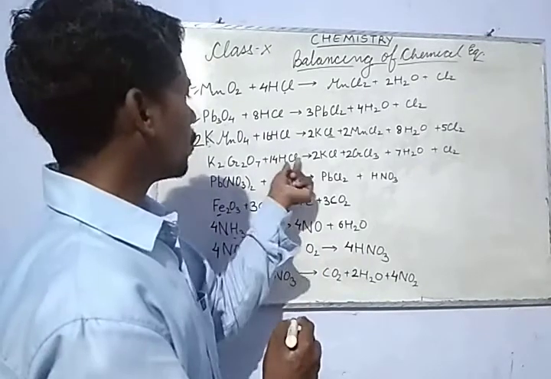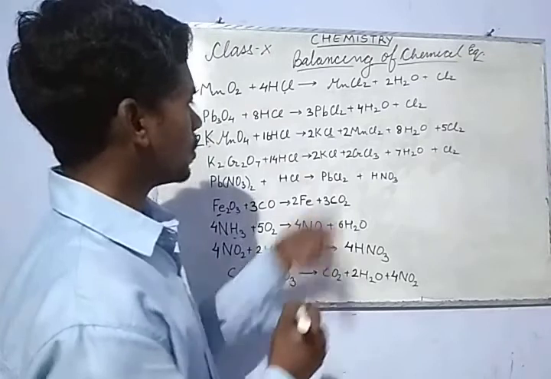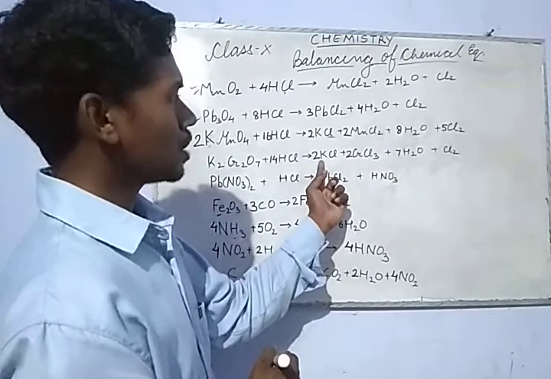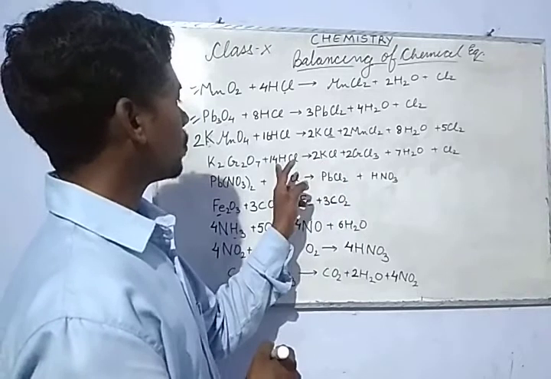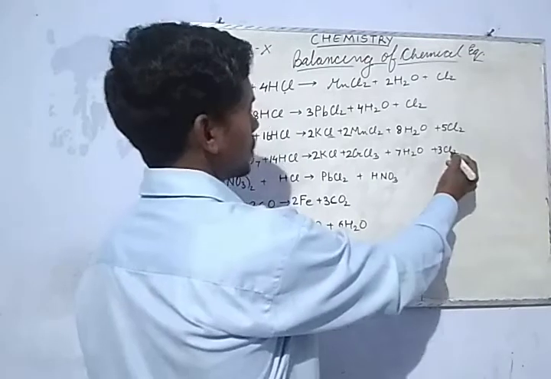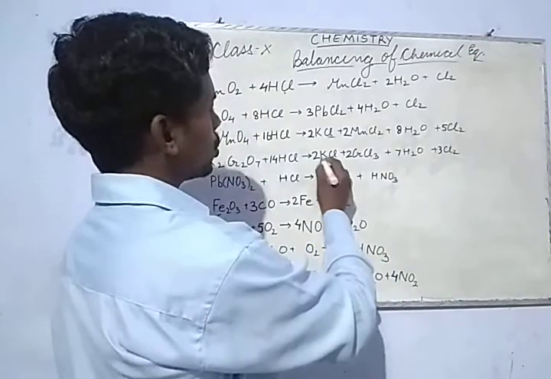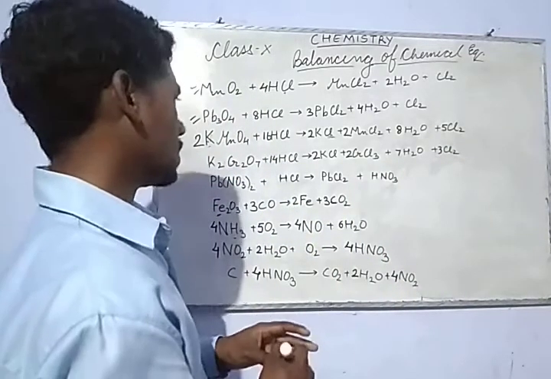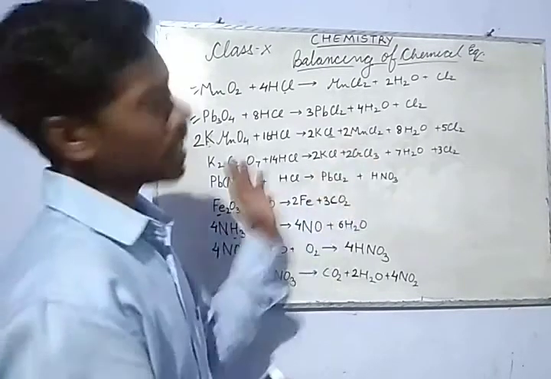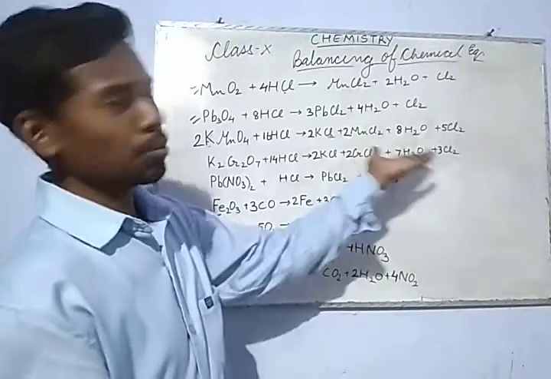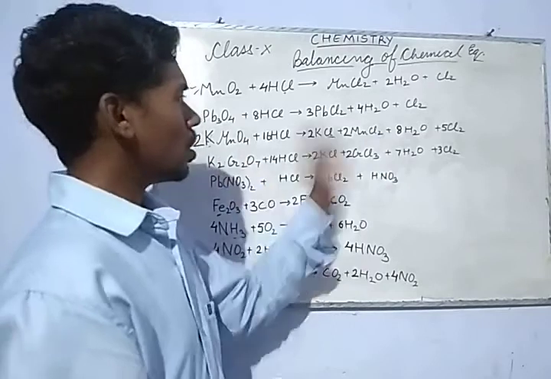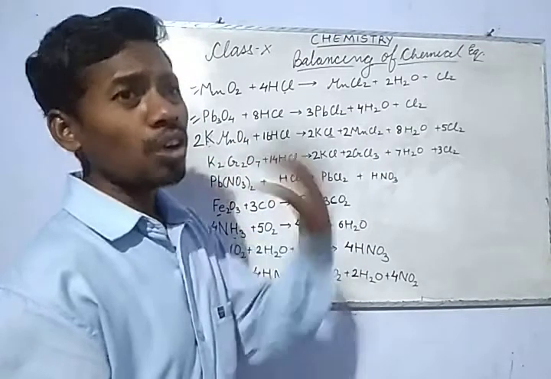How many chlorine here? 14. Let's count. Okay, 3 2s are 6. 6 plus 2, 8. 8 chlorine. How many are left? 6 are left. So add 3 here. 3 2s are 6. 6 6 12. 12 plus 2, 14. 14 chlorine present. So you saw that when both the sides it is odd, sometimes it gets balanced. About oxygen I am talking. So our mind should be open for all types of situations.